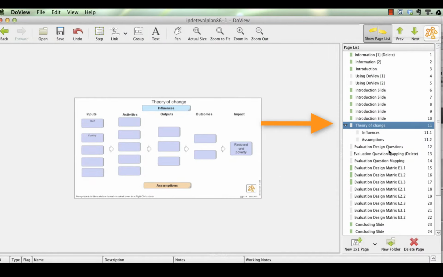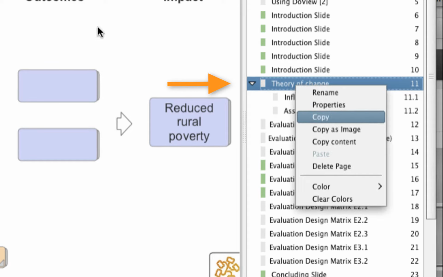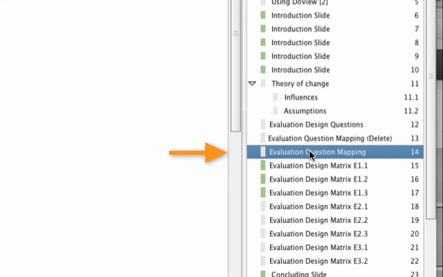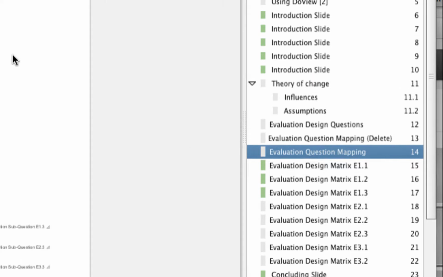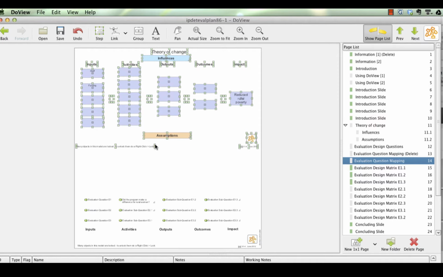What we do here is that we copy the content of this theory of change page, copy content, and then I move to my evaluation question mapping page, which is here. I'll click zoom to fit so we can see it. We then go edit, paste as clone, and what we've done there is pasted the theory of change onto our